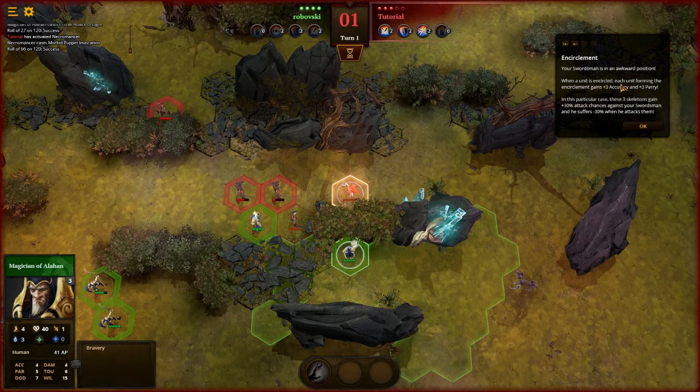When a unit is encircled, each unit forming the encirclement gains +3 accuracy and +3 parry. In this particular case, these 3 skeletons gain +30% attack chances against your swordsman, and he suffers -30 when he